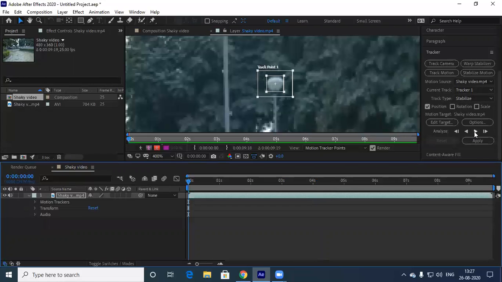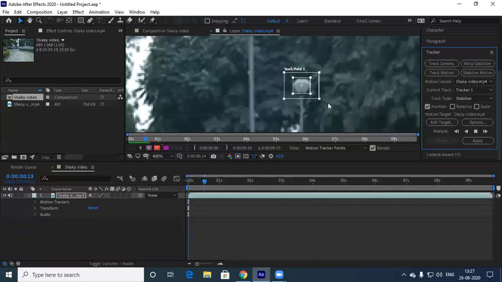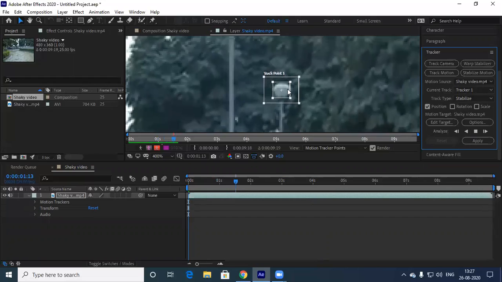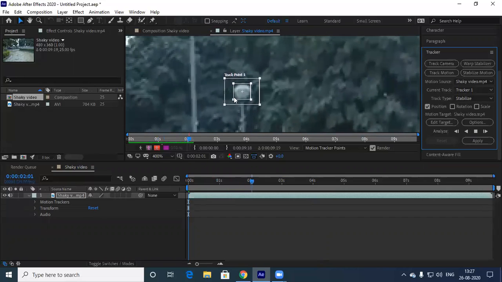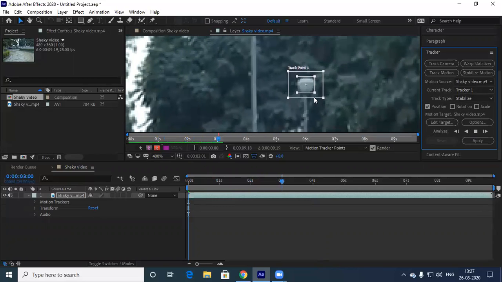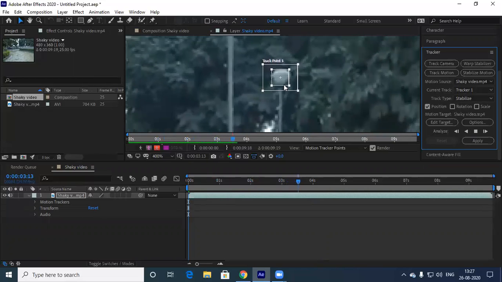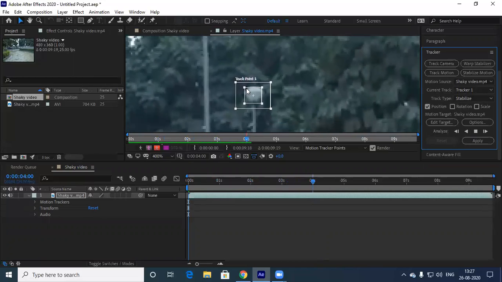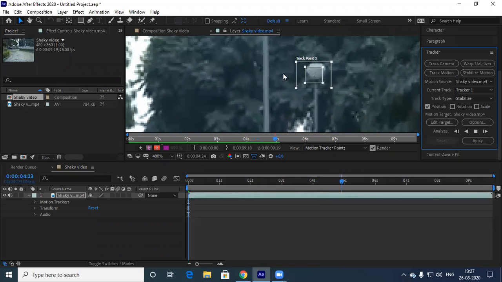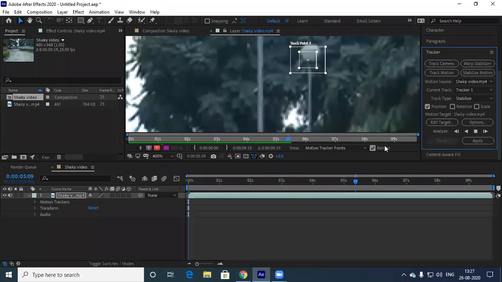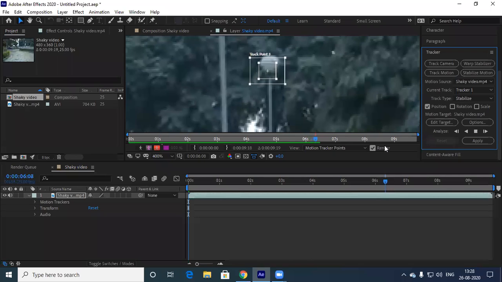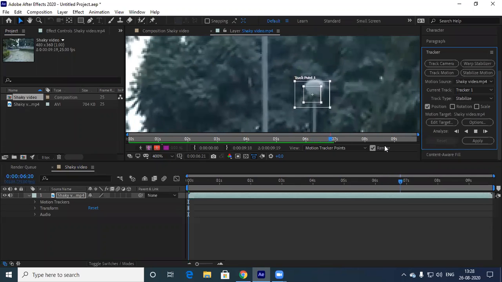After this, stabilize, play. Once it starts playing, as the frame moves, see our track point is sticking to the element which we see. My element is inside the box only. Make sure this is happening when we are stabilizing. Make sure the element whichever we have given stays in the box. What this track point is basically doing is analyzing the position on the X and Y axis of this particular video.